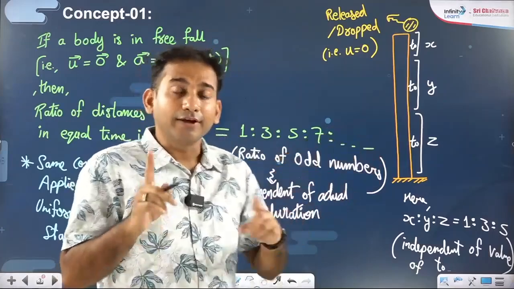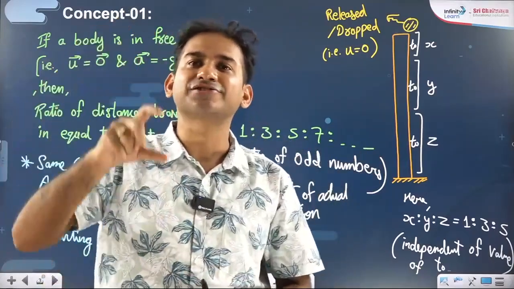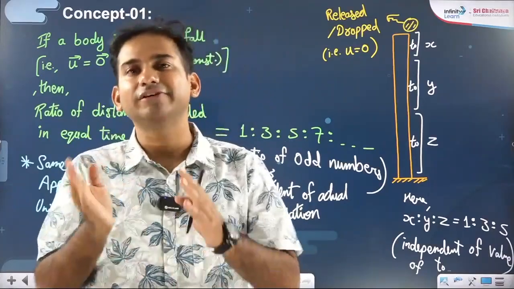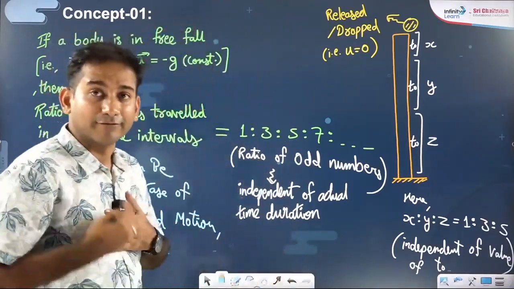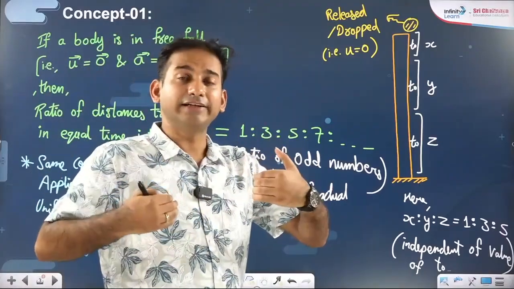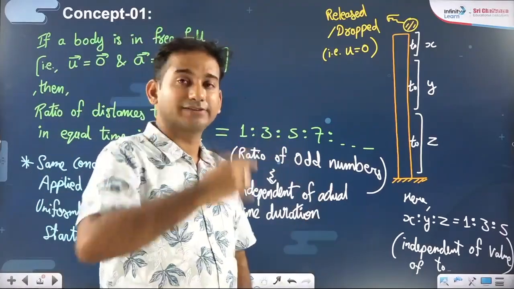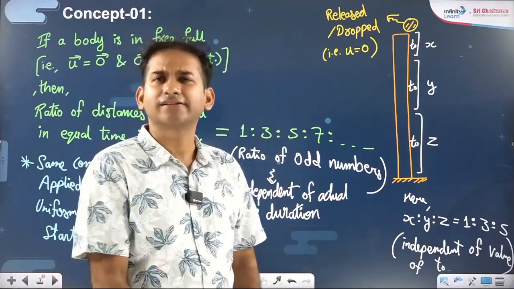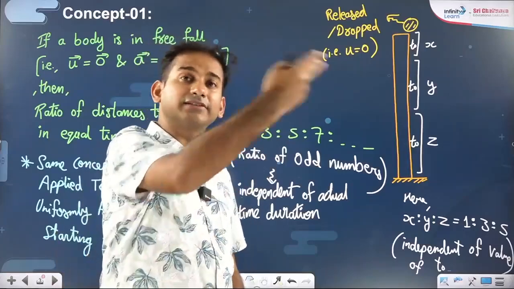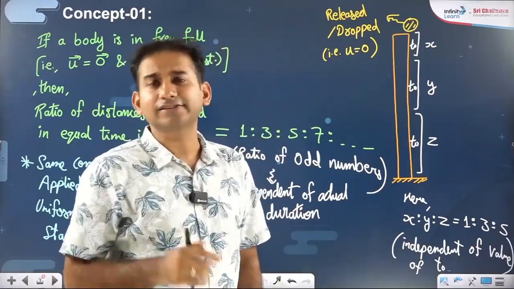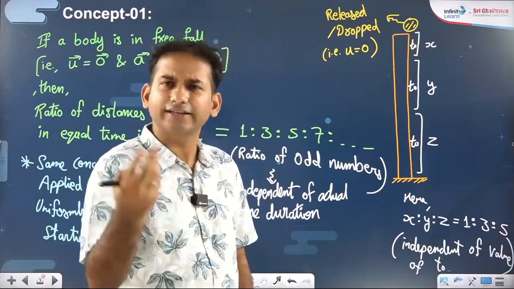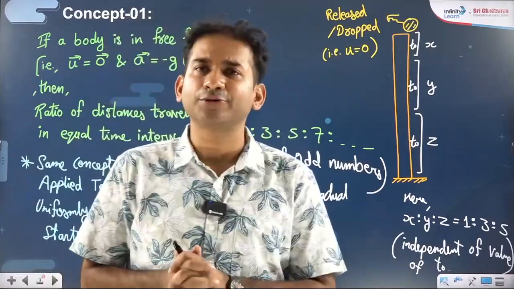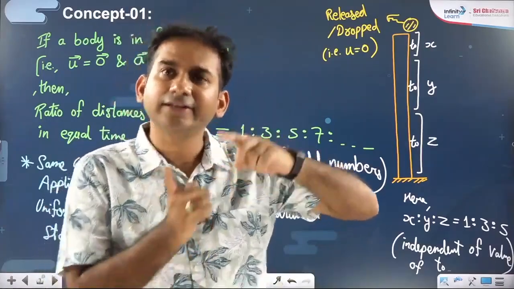But if you consider equal distances traveled, then the time taken for the same will keep on reducing. If I'm getting faster and faster, then the first 10 meters I may travel in 5 seconds, but I have become faster. So in the next 10 meters, I won't take that much time of 5 seconds. I may travel it in 4 seconds. The next 10 meters, I again won't take even 4 seconds. I may be able to travel within 3 seconds or 2 seconds, like that. Do you agree? So what I'm trying to tell in concept 2 is that the time interval required for the